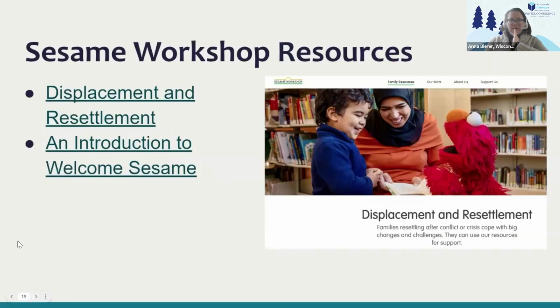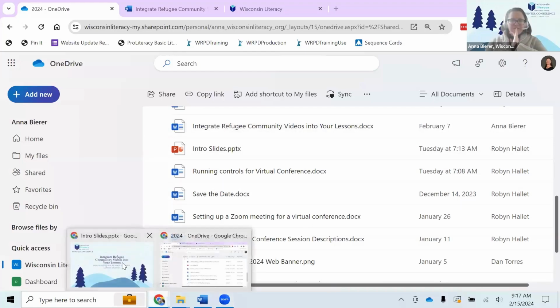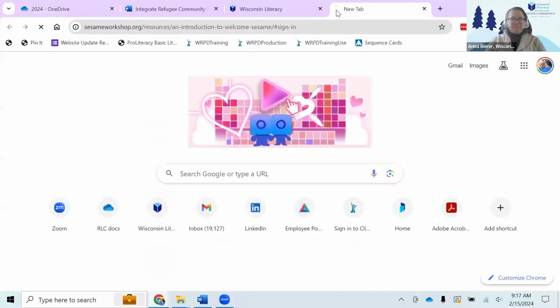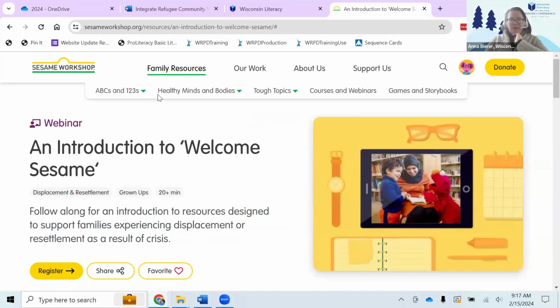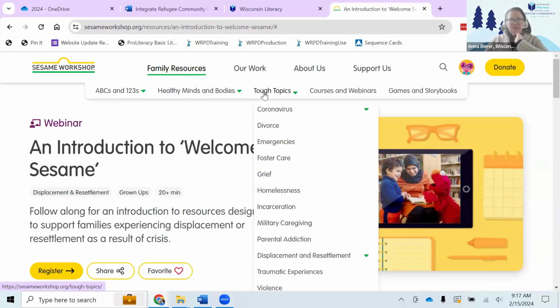So I'm actually going to pull it up here. So we have Sesame Workshop. You can create an account, but you don't need one. So if you go to sesameworkshop.org and go to their family resources, you can find the resettlement and displacement section,